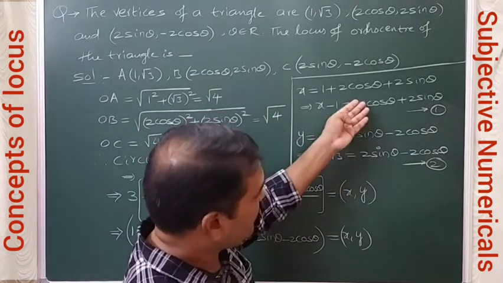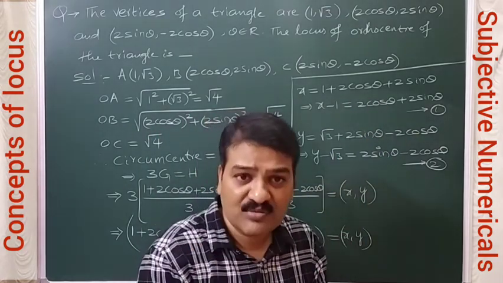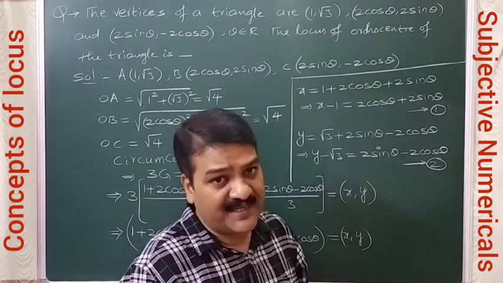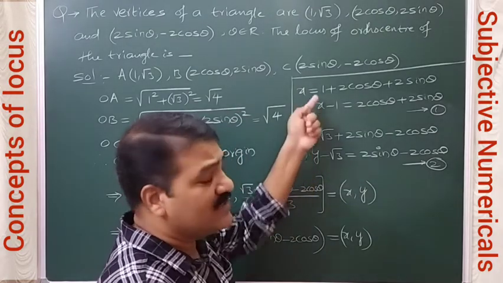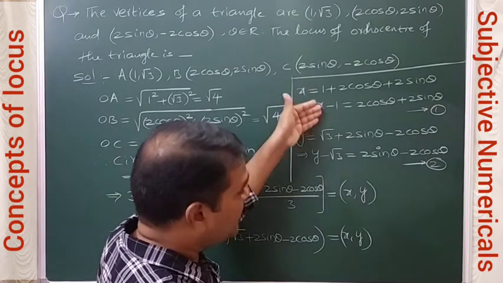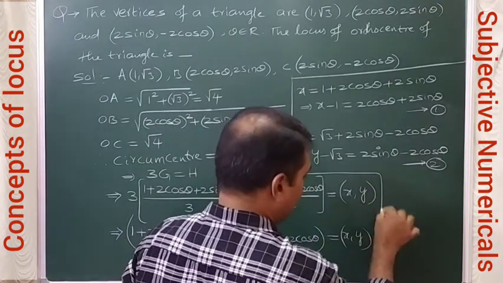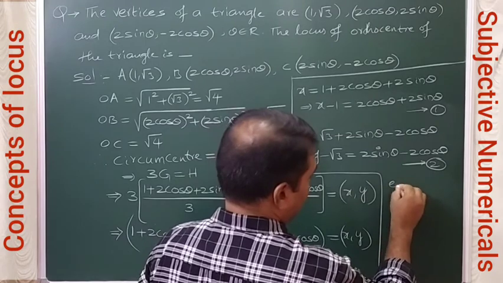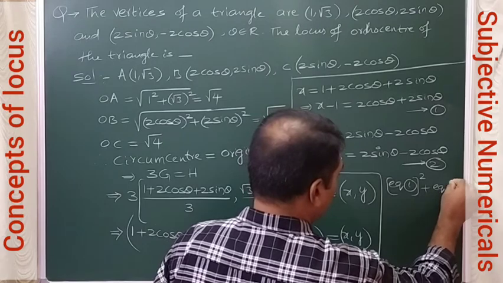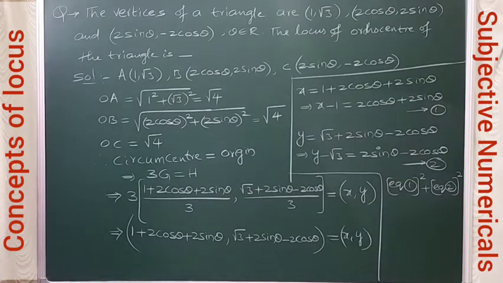Now to get the equation of the locus, we have to eliminate cos theta and sin theta. Whenever you have cos and sin functions, to eliminate theta we use the identity sin square theta plus cos square theta is equal to 1. So in order to get that identity, let us consider squaring and adding these two equations. If we add by squaring these two, we will definitely get the identity. Let us check now: equation 1 whole square plus equation 2 whole square.